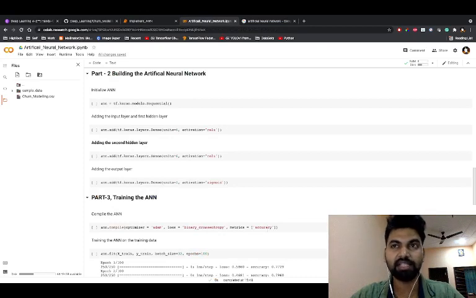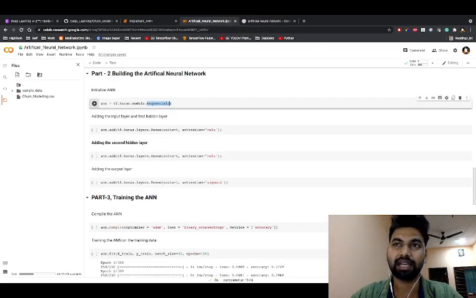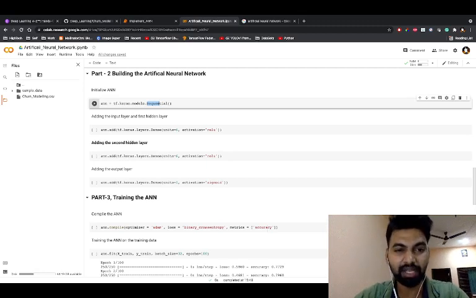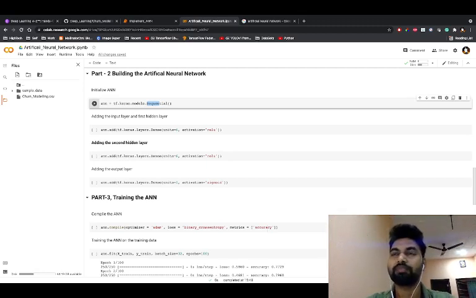So for layer initialization purpose, guys, there is one class, the Sequential class, that is present inside tensorflow.keras.models. Inside that, this Sequential class exists, right? So this Sequential class allows us to create or form a cluster for the set of layers. So the layers which we want to add, for them we need to create the cluster. So here we created one reference variable. For this one, I set it to ANN, artificial neural network. Now I need to add an input layer and hidden layer.